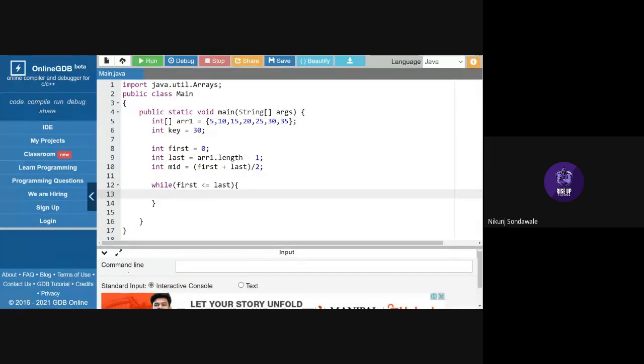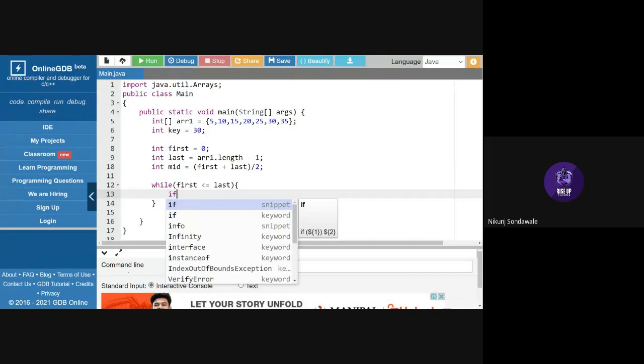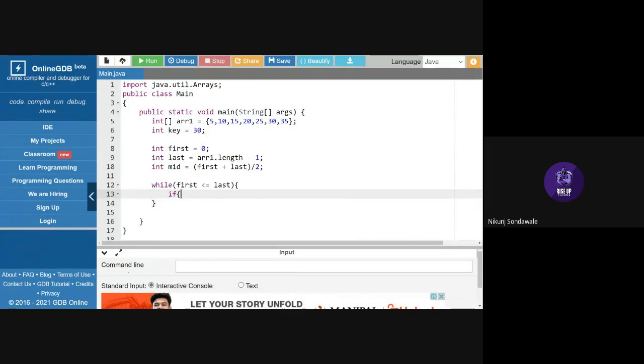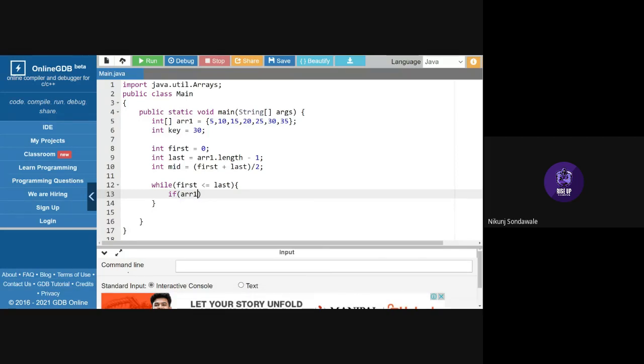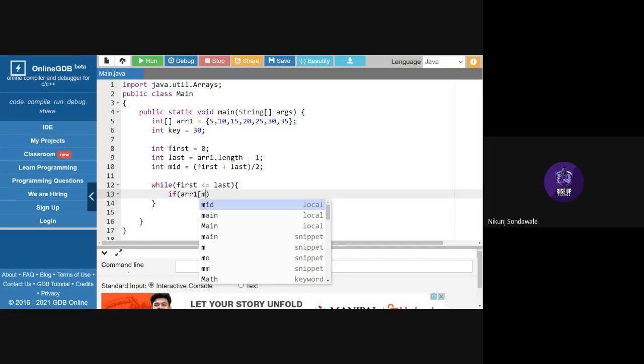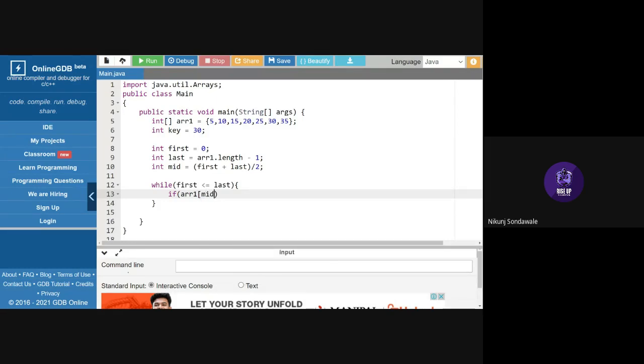So the first condition says if array of mid, meaning the mid element. We are comparing this mid element with the key.